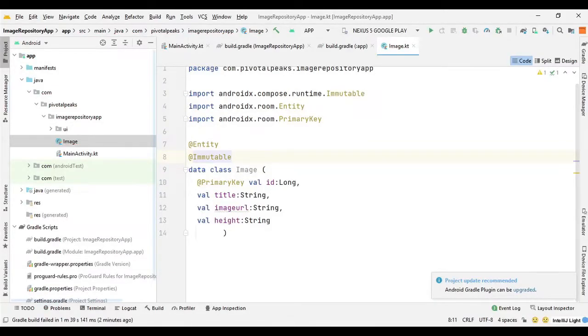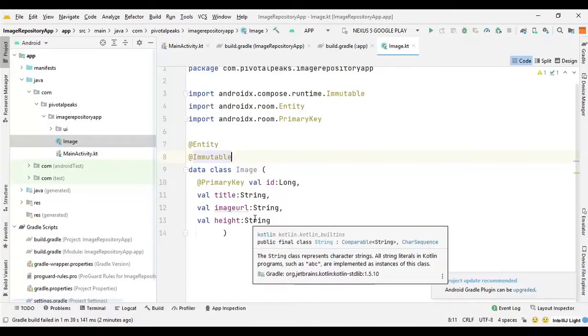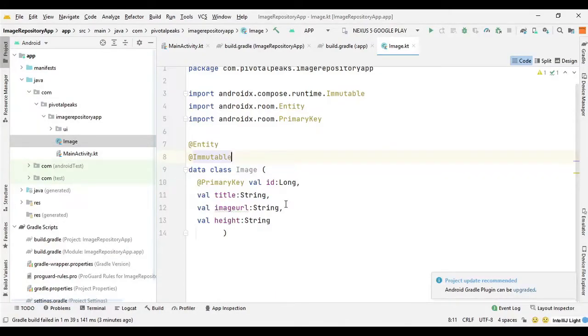The @Immutable annotation is a promise that all publicly accessible properties and field values will not change after the instance is constructed. So what we are trying to establish here is that the values that we have defined here, id, title, imageUrl, and height, should be the same as in the repository where we are trying to access the data.